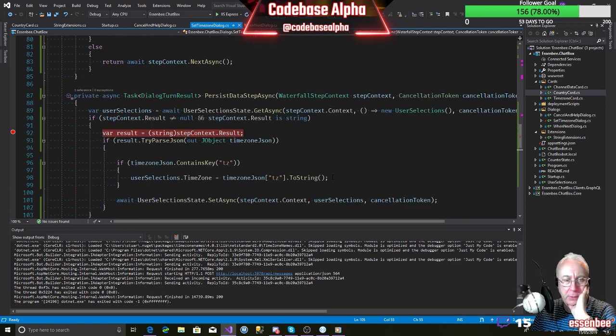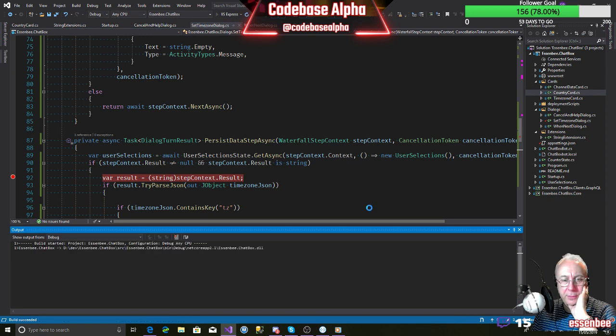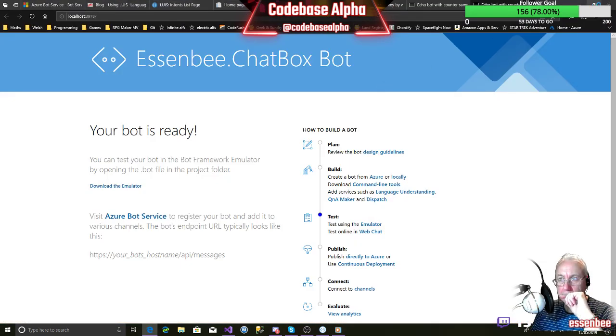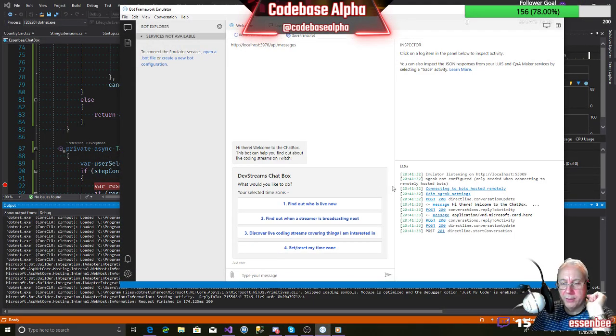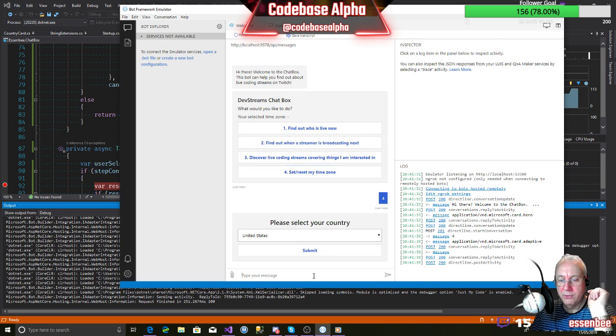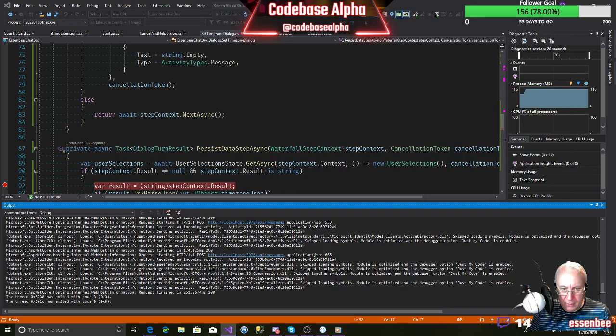Typing in a country manually, overriding the menus. Okay, so I'll show you what's happening. So let's run up the bot and our emulator. So what we're trying to do is enable users to circumvent our menus by typing in their results. So if they, instead of just hitting this submit button here, type in United Kingdom, they don't want to use the menus, and they hit return.